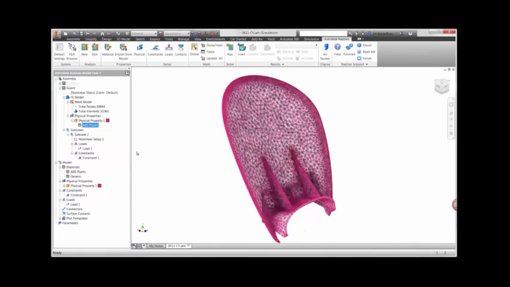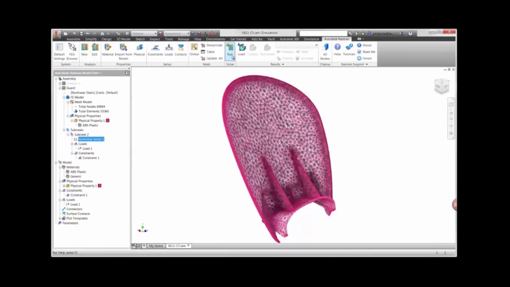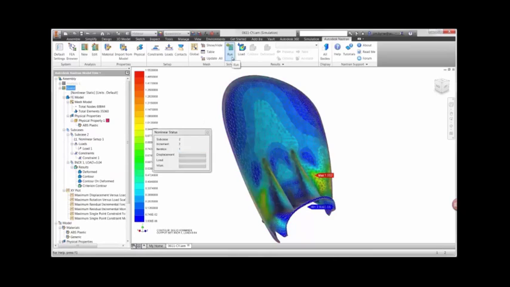The real power behind running a nonlinear analysis is the solver. Taking a look at the setup, you'll notice an option to define the number of iterations. The solver will apply the 333 newton load in increments and update the stiffness of the model along the way. This is more accurate than linear static studies, which apply the load in one increment without updating the model stiffness. We can already see that the highest stress in the model is getting close to yield even before the solution